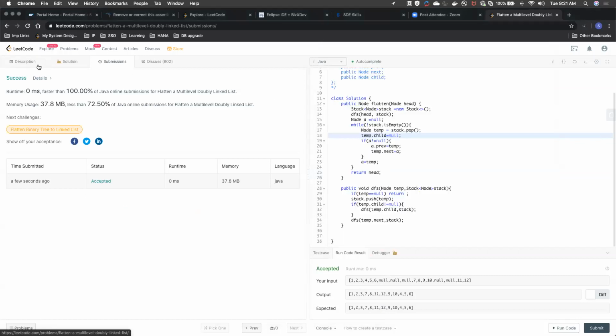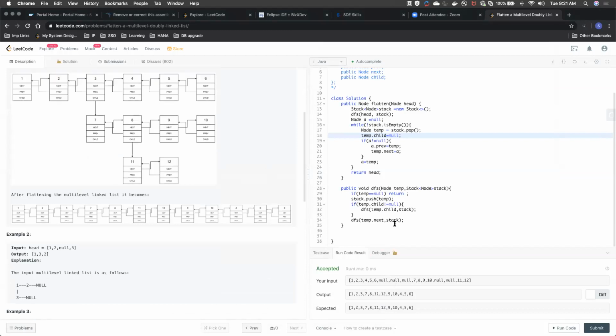Yes. Okay, so I'm just doing the recursion here, and whenever there is a child, again I'm doing the depth, and whenever there is no child, I'm going to the next one. So I'll just traverse all the nodes and keep them in the stack.